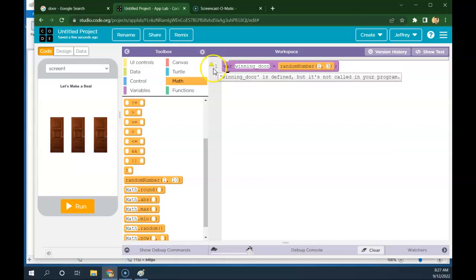So if you just see those little yellow things, don't worry too much about them. They're just cautionary things saying it's not a great idea to make a variable and then not use it in your program. But my program is pretty basic at the moment. So I've now created a winning door. And right at the beginning,